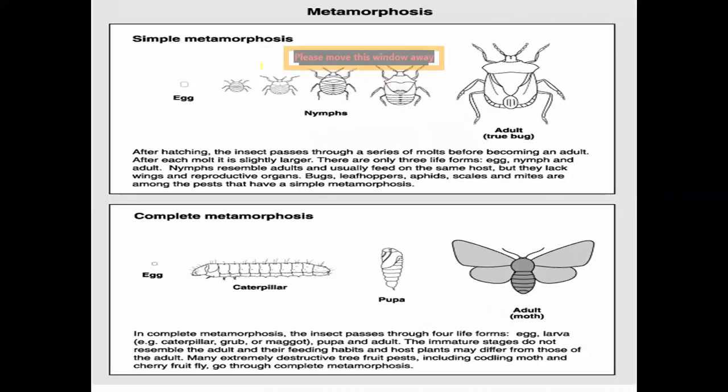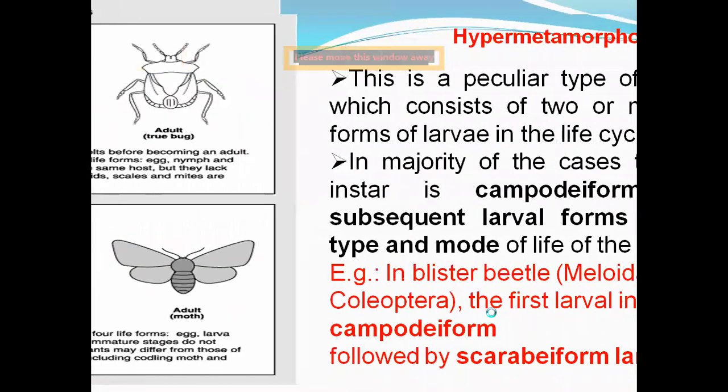Okay, this figure also shows the simple metamorphosis point of view, and how to differentiate between these two, hemimetabola and holometabola. Here egg, then nymphal and adult: direct metamorphosis. Here the complex one: egg, then larva, then pupa. Here it is complex, with differentiation, and later on it becomes the adult stage. So these are some differences between these two.